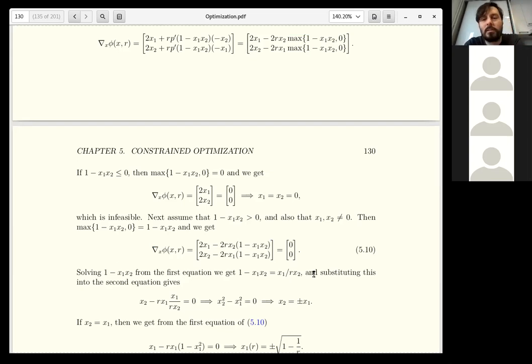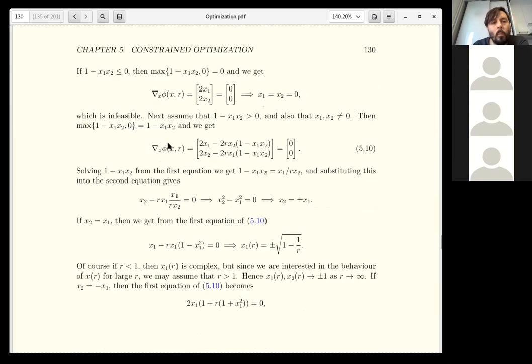We'll do this numerical solution in the exercises later. Now, we set this gradient to 0, and we can solve this by substituting these in the equations. I'm not going to go into the detail. You can verify that if we solve this